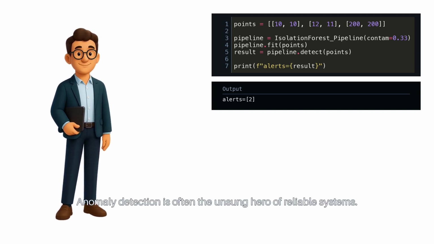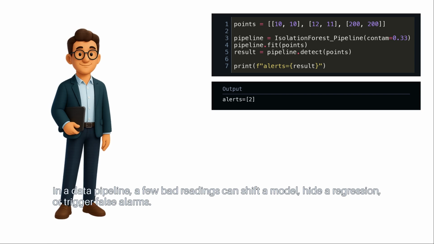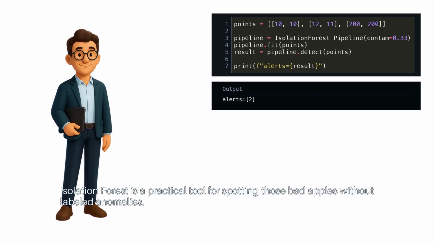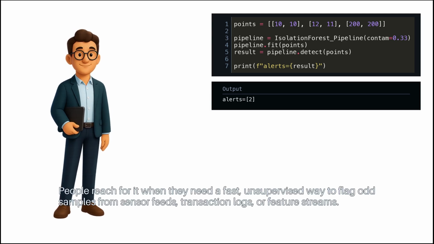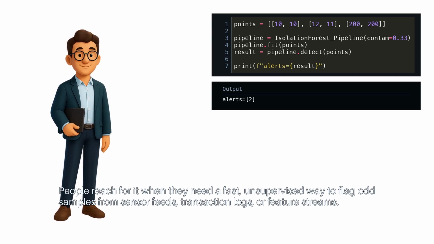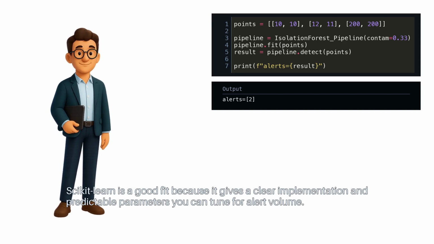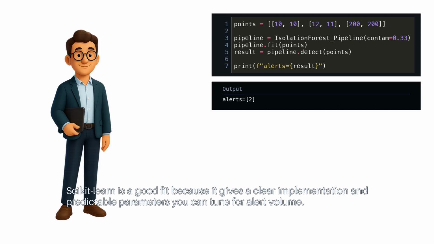Anomaly detection is often the unsung hero of reliable systems. In a data pipeline, a few bad readings can shift a model, hide a regression, or trigger false alarms. IsolationForest is a practical tool for spotting those bad apples without labeled anomalies. People reach for it when they need a fast, unsupervised way to flag odd samples from sensor feeds, transaction logs, or feature streams. Scikit-learn is a good fit because it gives a clear implementation and predictable parameters you can tune